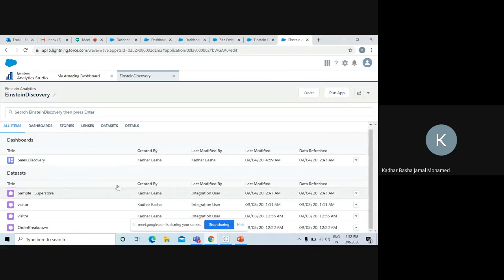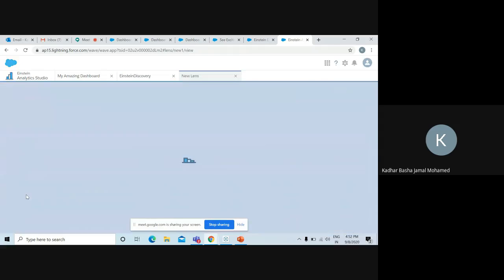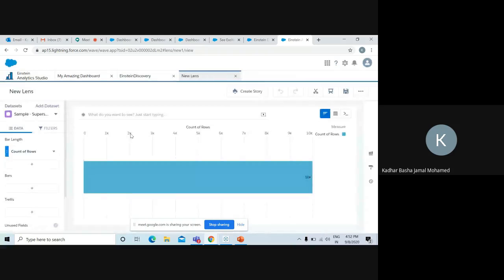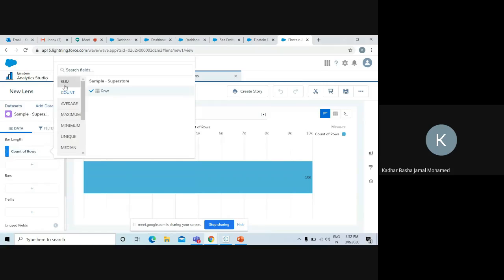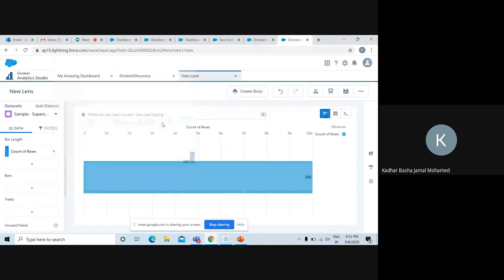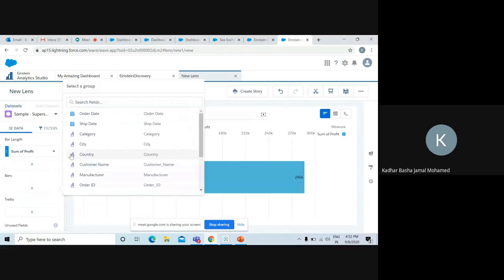So we can create a dashboard simply by clicking here for this particular data set. If we go with this one, just click it here. Sum of, which field do we want to analyze? If it's profit, it gives some values. We can choose what the profit is based on, order date or category.